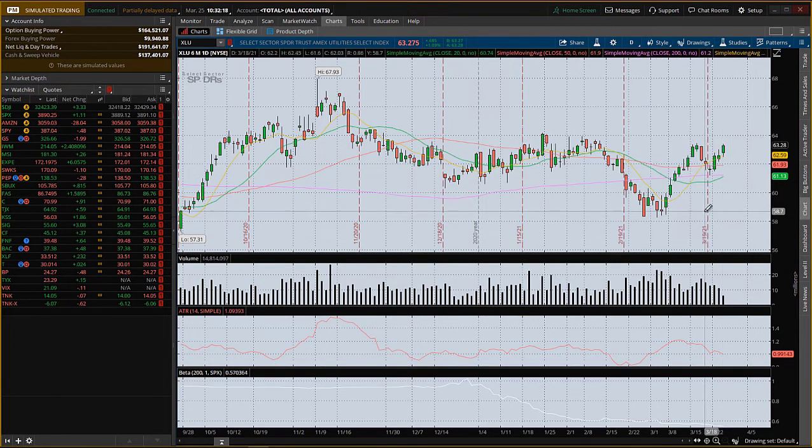So I'm going to highlight this, and I'm going to start from this bottom pivot. Just click once, drag it up to the end of the move, click it again, and then pull back down to the base of the pullback and drop it. Now what this does is it's going to give me, based on the move to the corrective action, the expectations of Fibonacci extensions past that. You can see 100% is where I usually shoot. So my target with my Fibonacci extensions would be